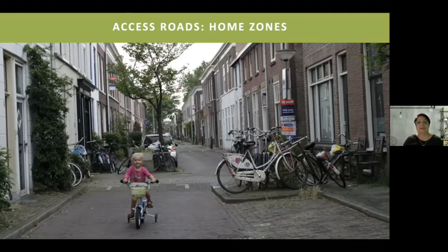And so this mixture of the flow roads where people need to go, well, people will go faster in cars, with these more access roads or home zone streets where they're forced to slow down and the environment is much more calm, allows for a mix of options for people to get to where they want to go, but still creates these more comfortable neighborhoods. And these work with e-bikes as well, because you can do that relatively calm trip for 6